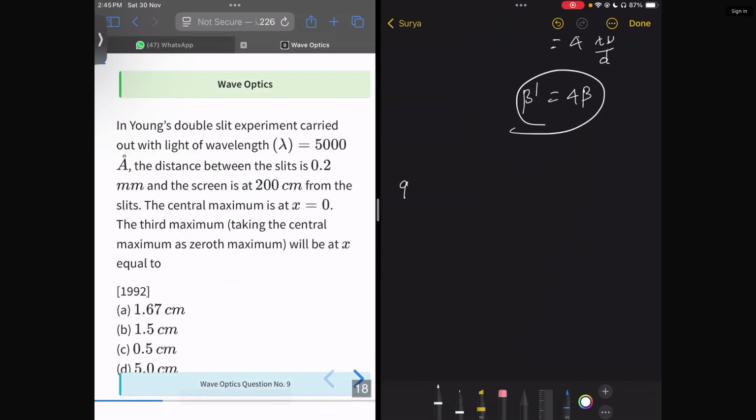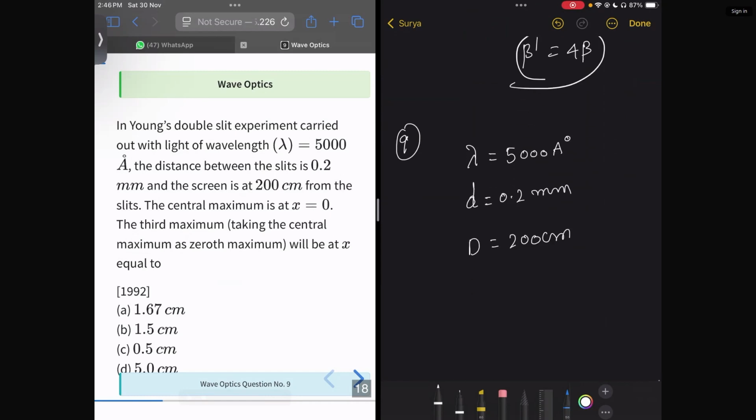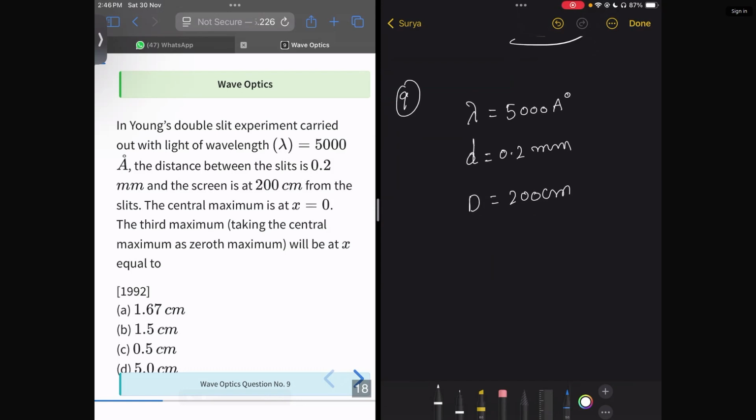So next question. In Young's double slit experiment carried out with light of wavelength lambda equal to 500 angstroms, the distance between the slits is 0.2 mm and the screen is at a distance of 200 centimeters from the slits. The central maximum is at x equal to 0. The third maximum, taking the central maximum as the 0th maximum, will be at x equal to